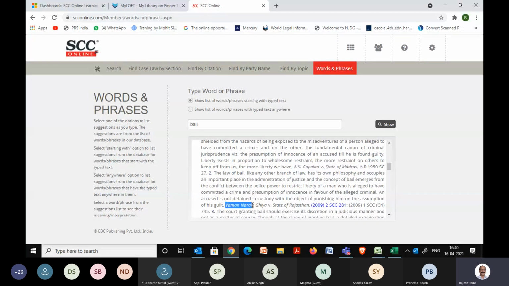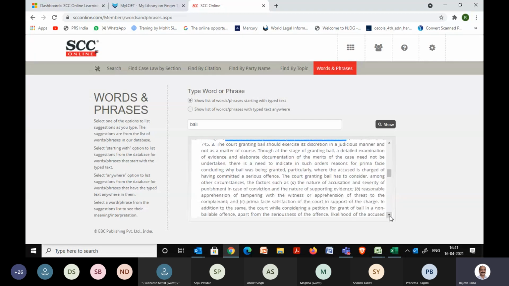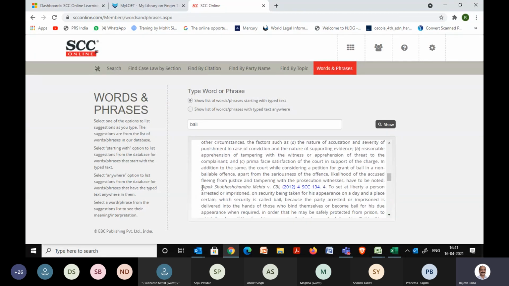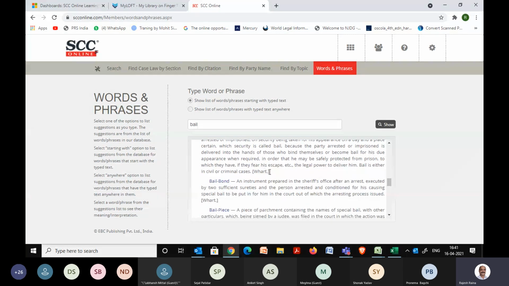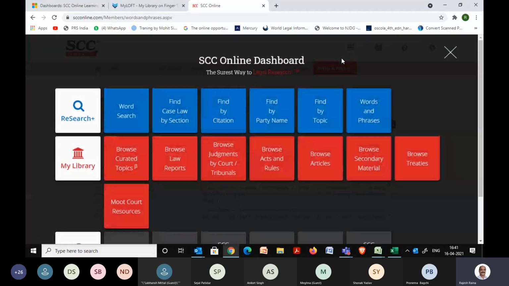Then another one from Vaman Narayan Ghia versus State of Rajasthan. Then a third one is also appearing, and it's Deepak Subhash Chandra Mehta versus CBI 2012. And last but not least, this Wharton, W-H-A-R-T in square box, you can see a couple of definitions from the Wharton UK dictionary also available. So all this you will find under the words and phrases section.